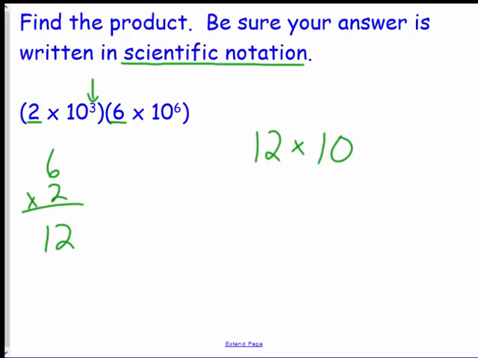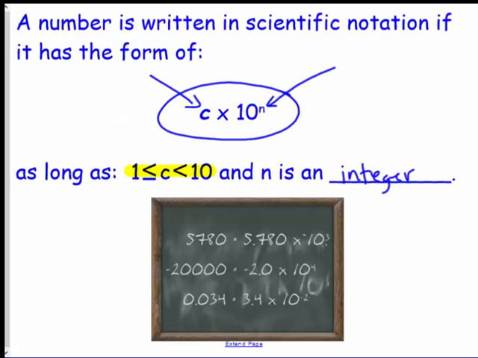And then I look at my N values, or my exponents, and I say, well, I got 3 plus 6. 3 plus 6 is 9. All right, I got 12 times 10 to the 9th. Hey, Mr. Bartlett, I'm done. Hopefully someone in the room right now is thinking, well, 12 times 10 to the 9th, that's not written in scientific notation. If you remember back at the very beginning of the video and the very beginning of your notes,